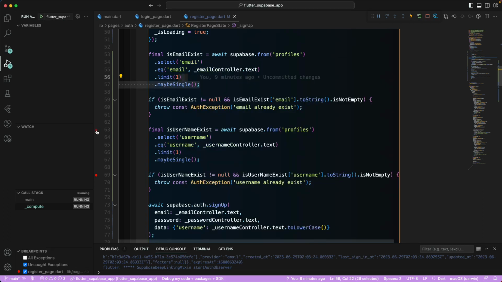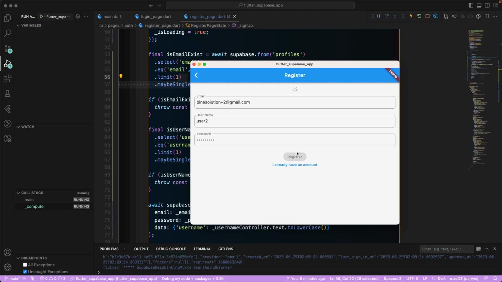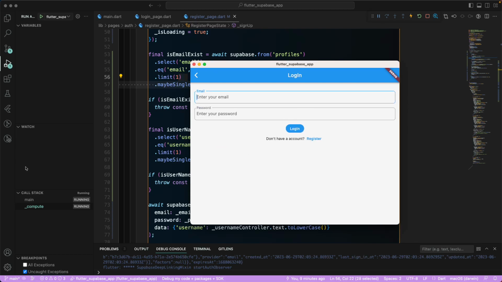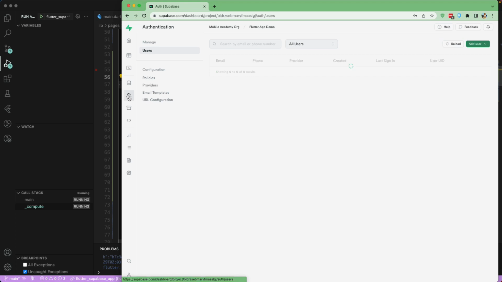okay, uncheck this one over here and uncheck this one. So let's see if we are able to get the username as well. So let's try to register over here, and now you can see that username already exists as well. So let's try to make this one as the 2 over here, and let's try to register it, and we should be able to register by now. So if we go back to our table over here, and now you can go to the user over here,